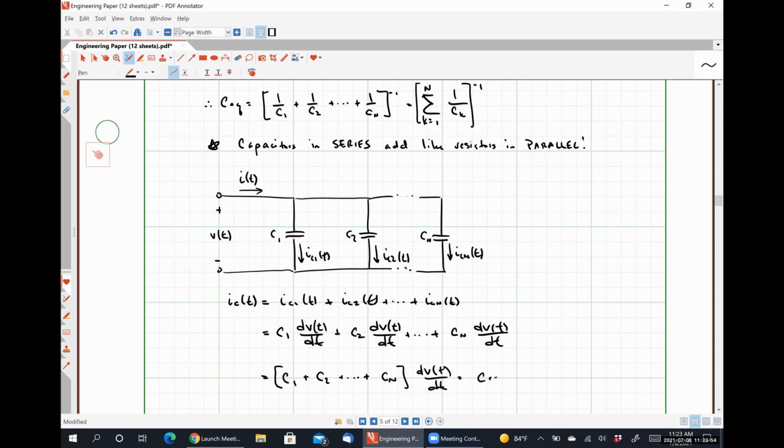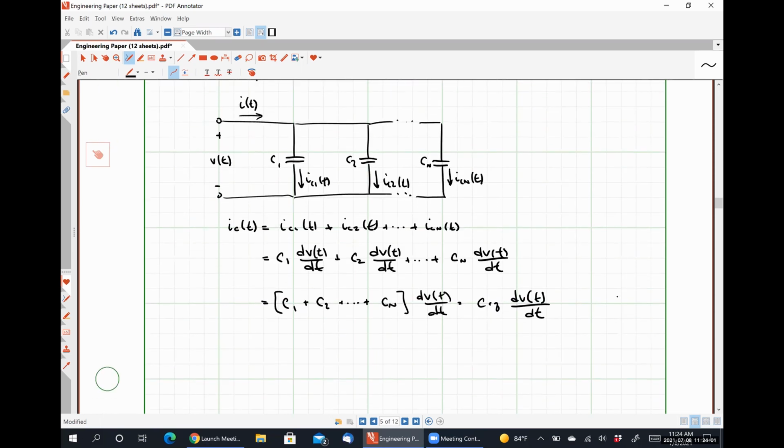Looks like Ceq dV by dt, where Ceq is equal to C1 plus C2 plus C sub n, or simply the summation, k equal to 1 to n of C sub k,